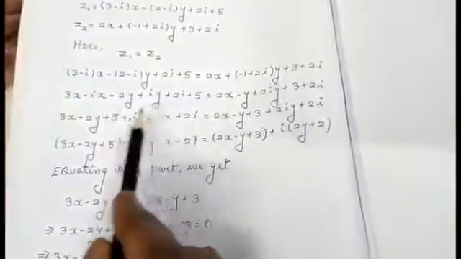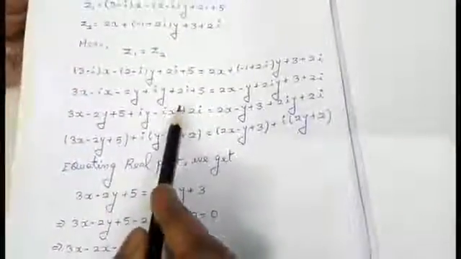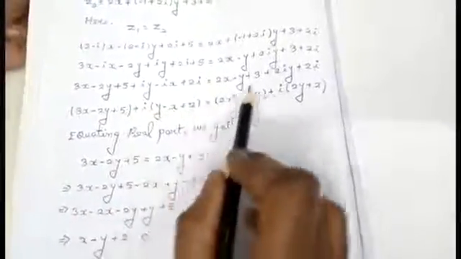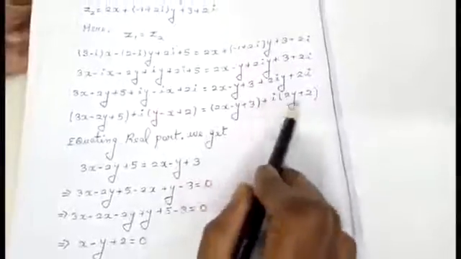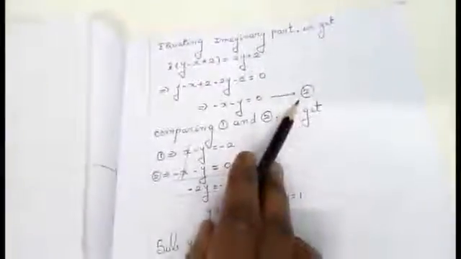Next, I am making a rearrangement. Wherever I have i, I arrange it separately, that is, real part plus i into imaginary part, equal to, similarly on the right hand side, real part plus imaginary part. Equating the real parts, we compare left hand side with right hand side and get the expression x minus y equal to minus 2. Similarly, equating the imaginary parts, you will get equation 2 here, students.